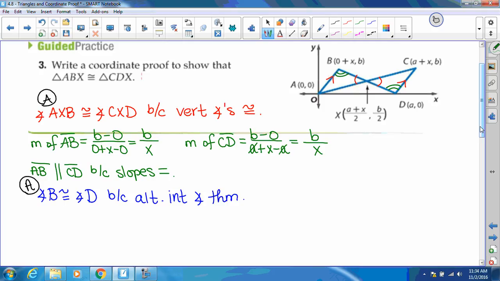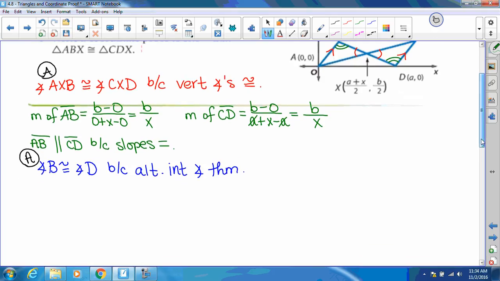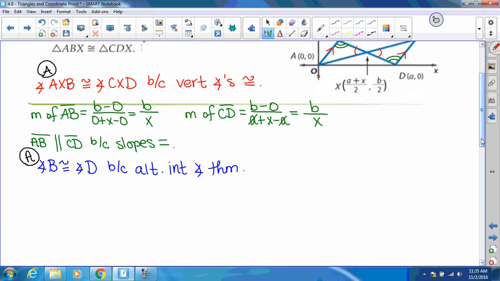You don't necessarily know which sides are congruent, so I'm just going to go by looking. It looks like AB and CD are congruent. Technically, it doesn't matter which ones you pick, because if they're telling us to prove the triangles are congruent, they obviously have corresponding sides that are going to match. I'm going to pick AB and CD because I think their coordinates are going to be a little easier to work with. So to be able to prove that those sides are congruent, we need to know the